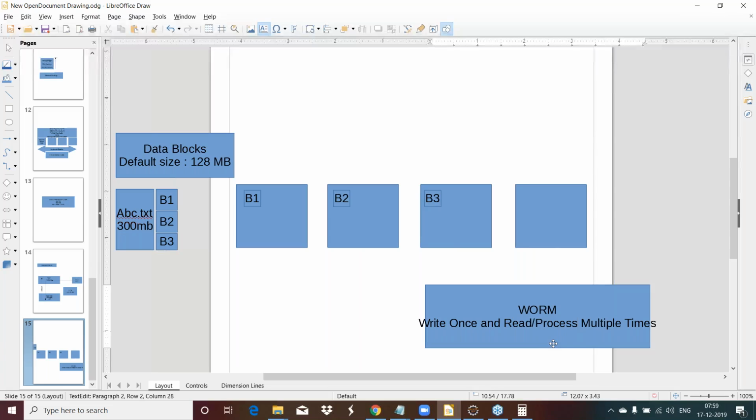Guys, do you all remember yesterday we talked about the CDR processing and we got meaningful information out of it, the churn prediction part? That is where the processing comes into the picture. You can process the same data for some other purpose. So that is what we are saying, that in Hadoop you're going to write your data once, and after that you will read or process your data multiple times. There is no limit to it.